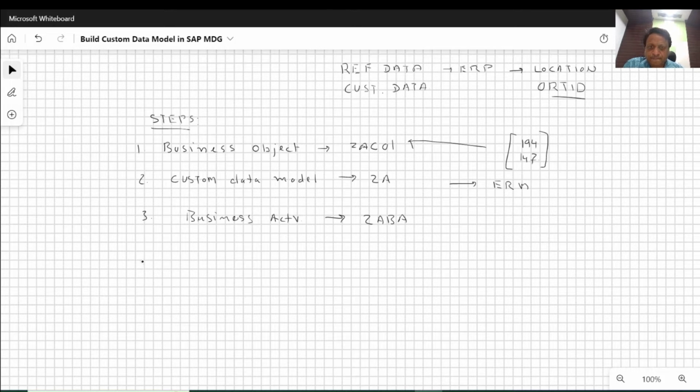And after this, the next step would be to define a process model, and within the process model we will have the definition of the change request type, and let's call this change request type ZA create. So basically we'll take this use case for the logical action create,